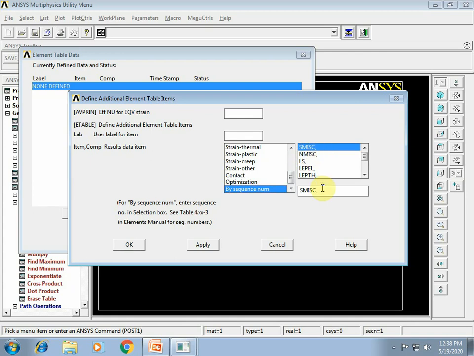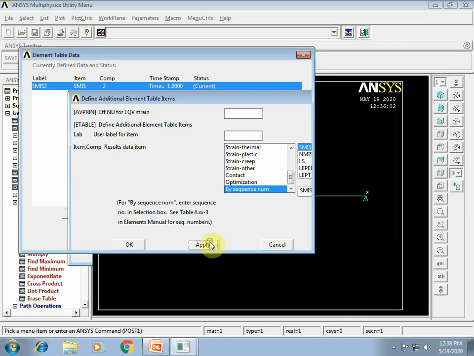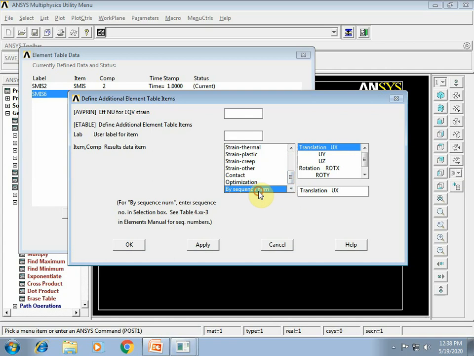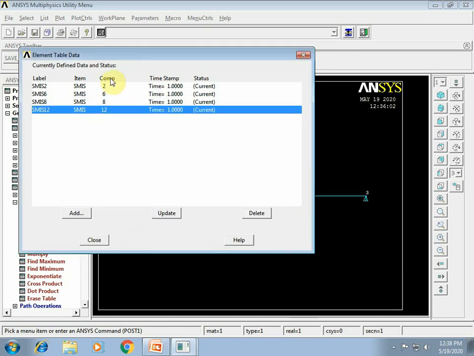So you need to enter 4 numbers, that is 2. Say apply. Again you need to go for by sequence number, SMISC. Enter 6. Say apply. By sequence number, enter 8. Say apply. By sequence number 12, say OK. So you need to create these 4 components, that is 2, 6, 8 and 12.